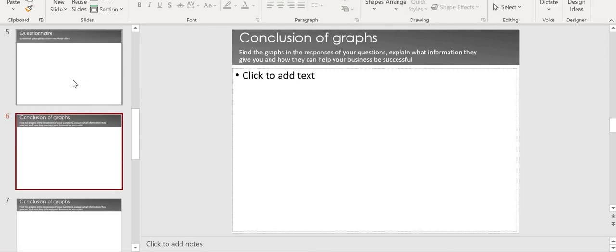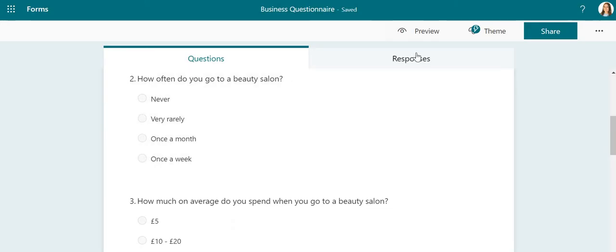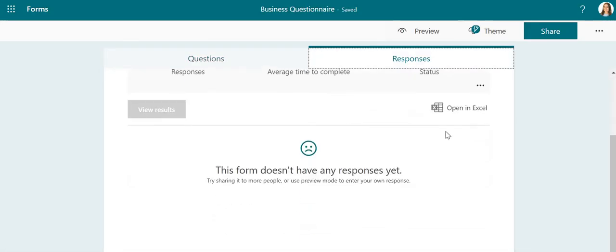And then what you're going to do is a conclusion of your graphs, okay? So find the graphs in the responses of your questions and explain what information they give you and how they can help your business be successful. So once you've got your responses, you can snip into your graphs that should show up here, and you can explain them. So for example,